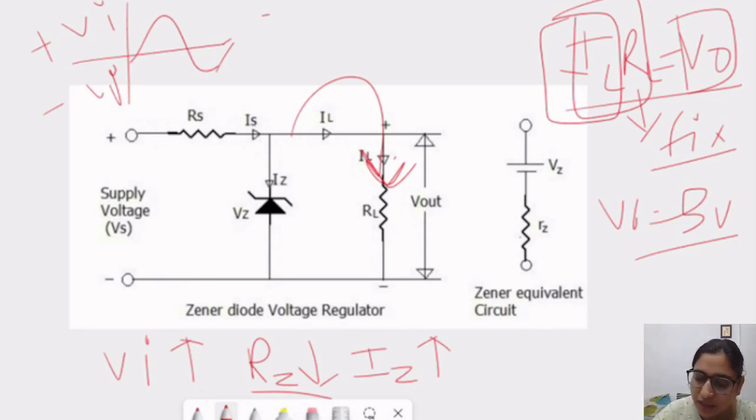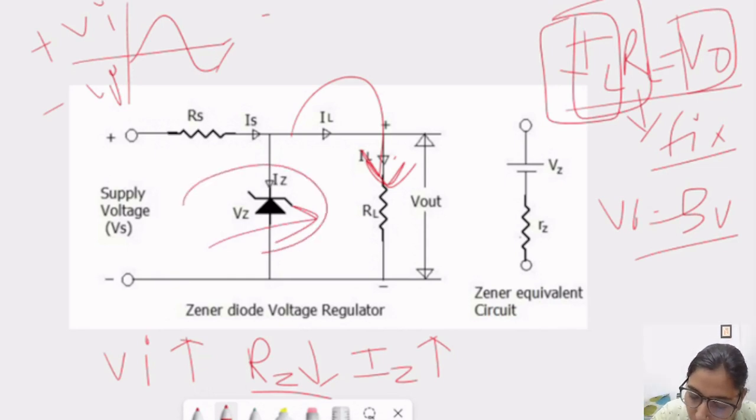How can we change it? We can change it with the help of this Zener diode, because the resistivity of the Zener diode is changing according to the voltage. When high voltage is coming, the Zener behaves like a less voltage path, creating a low resistance path towards the current. So less resistance means high current will pass through the diode, and at the output we will get the moderate current.